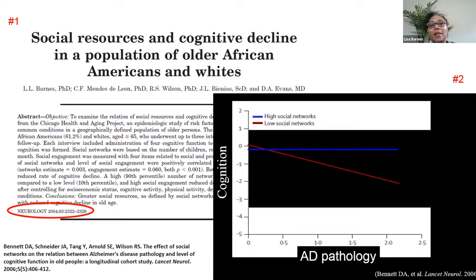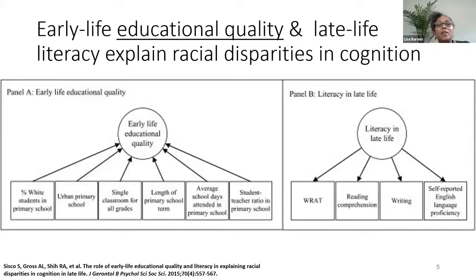And in a second study out of the Rush Memory and Aging Project, we showed that social networks actually modified the association of AD pathology to cognition. But even though all of this work had been going on since the early 2000s, it wasn't until very recently that there's been this increased interest in looking at social determinants with cognitive aging. And in the next few slides, I'll show you some examples of how people have done this in this space. So one way that you can look at social determinants is to look at between race differences,